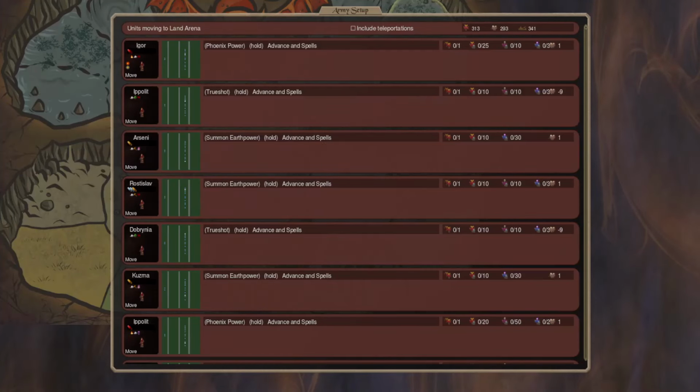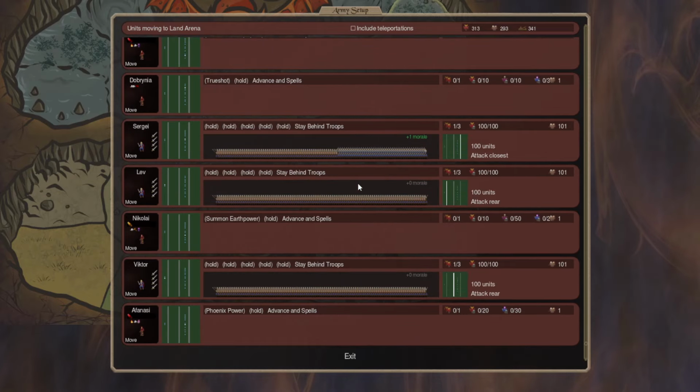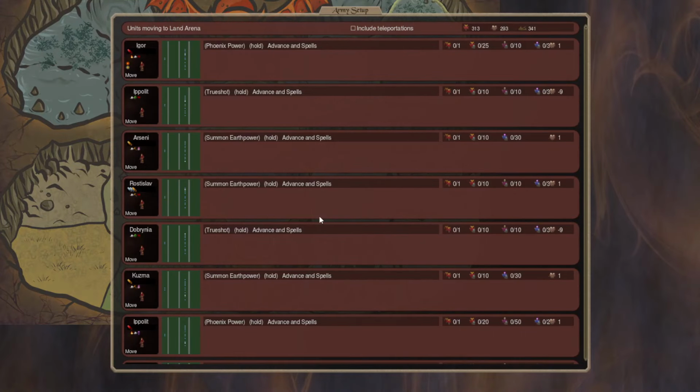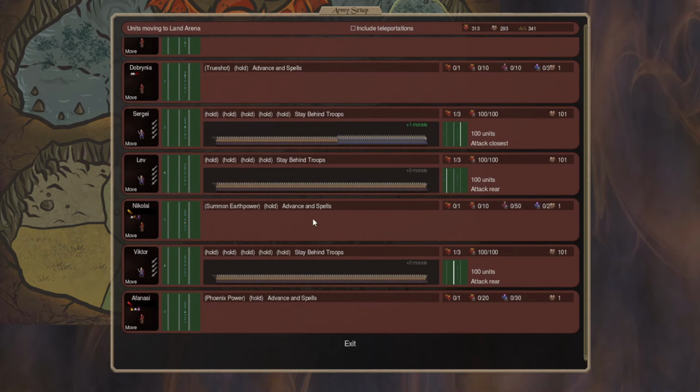So in this battle, I have set up two armies. One, the Vanarushian army, set up to avoid the Midmosh, and a Phlegran army set up to get caught in it. As a demonstration, not very realistic. So what we have on the Vanarushian side...